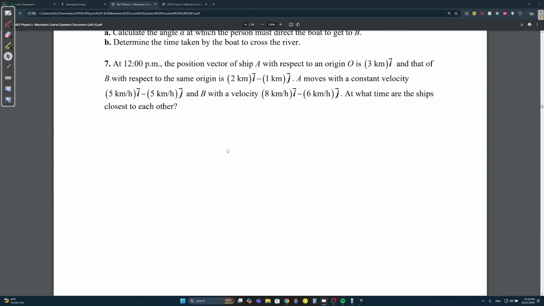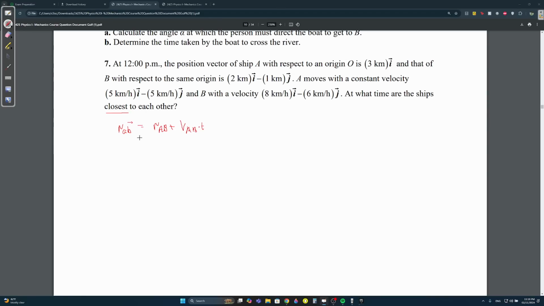Okay, at 12 p.m. the position vector of ship A with respect to an origin O is 3i, and that of B is 2i minus 1j. A moves with a constant velocity, this, and B moves with a constant velocity, this. At what time are the ships close to each other? Okay, look here. Closest approach. What's the closest approach? The first step, you find RAB small is equal to RAB big plus VAB